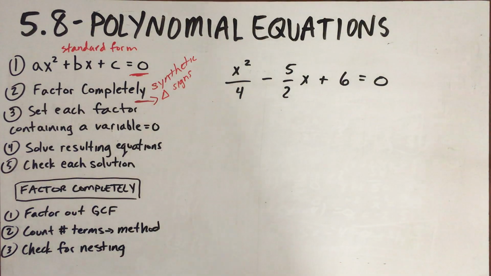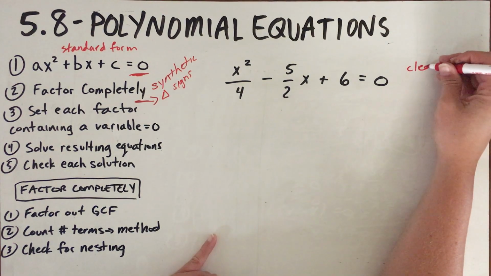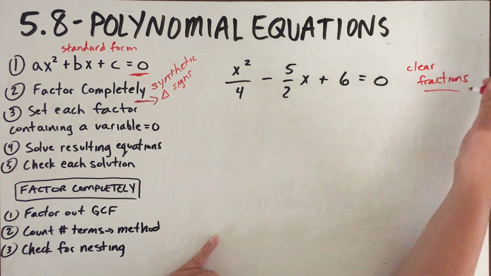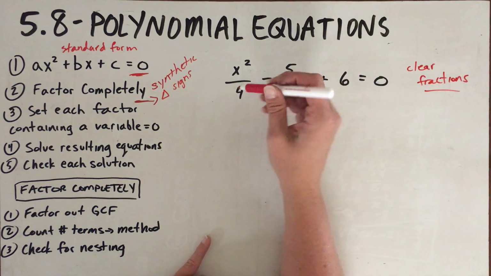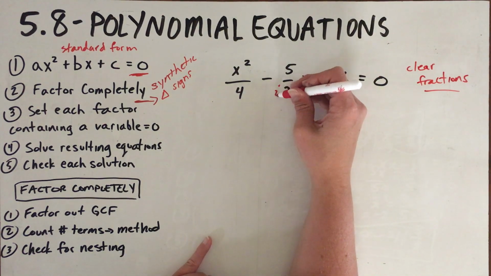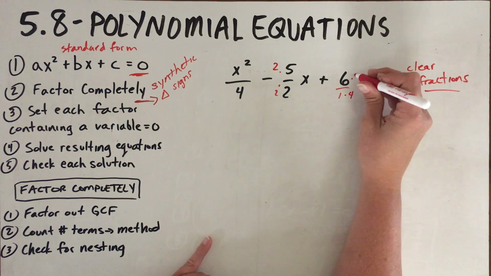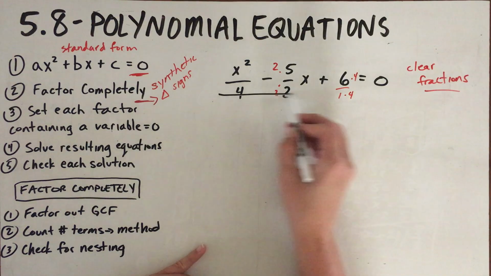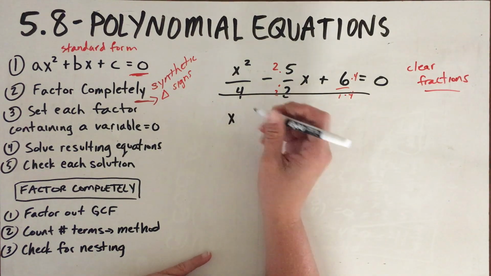Okay, so to put this in standard form, I want to clear the fractions. This is part of step 1, getting it into standard form. Well, the least common denominator is 4. This already has a denominator of 4. I want to make this one have a denominator of 4, and this have a denominator of 4. And when they all have a denominator of 4, I can wipe out the denominators and only have what's left in the numerator. So I will have